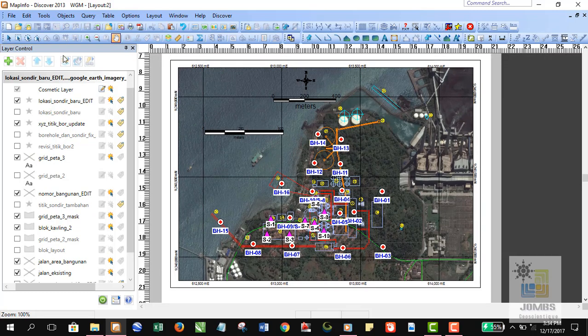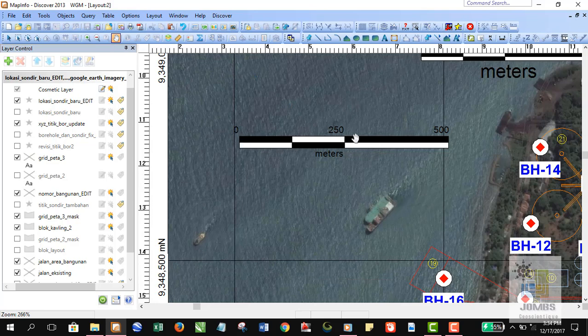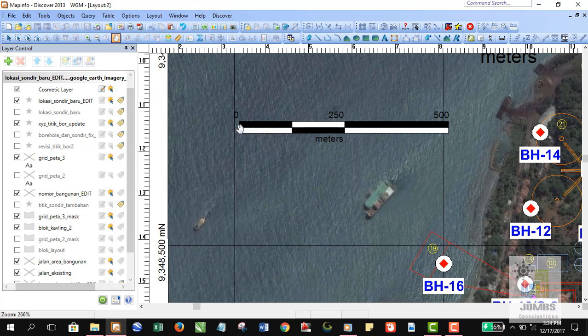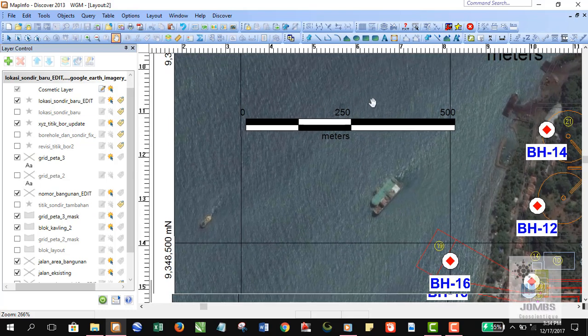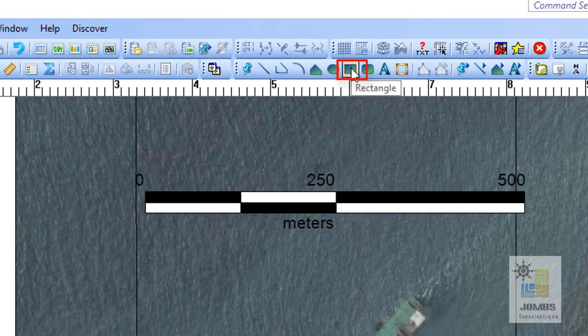By implementing our previous technique from the previous discussion, we are going to draw a rectangle with the same size as this picture. Actually, what matters about the size is only the width of this rectangle, I mean the horizontal width. So how to do that? We only need to use the rectangle tool to draw rectangles,